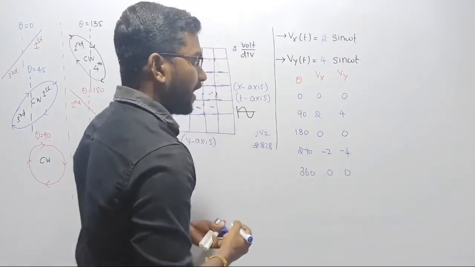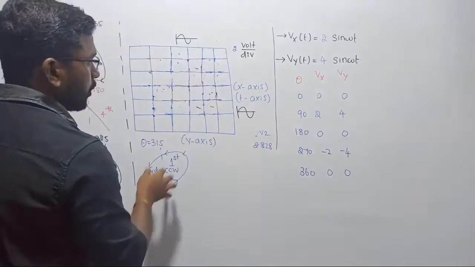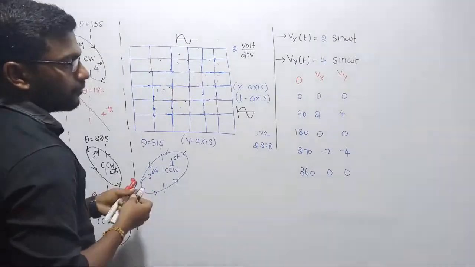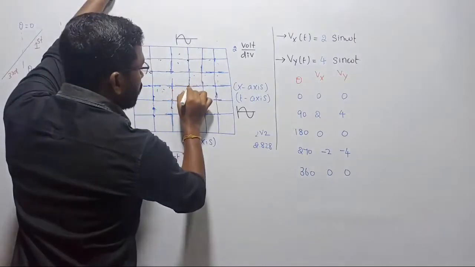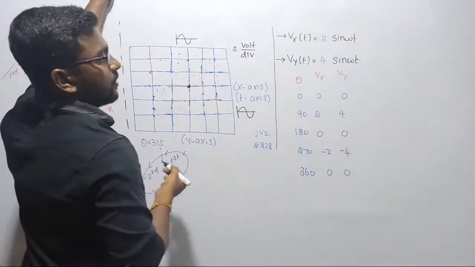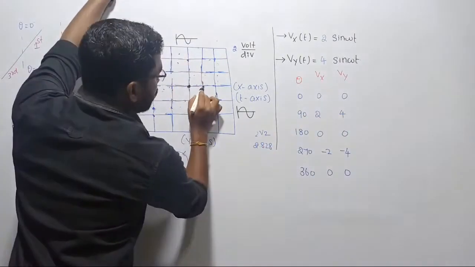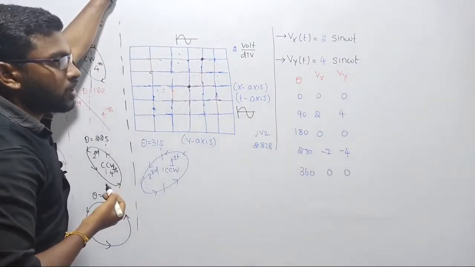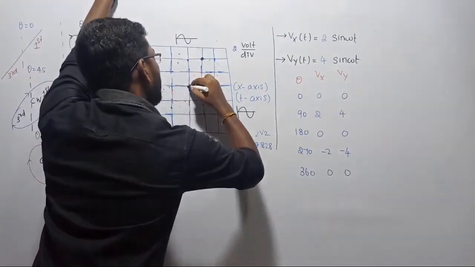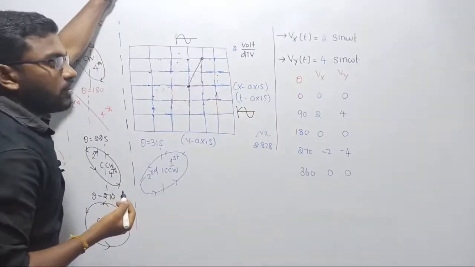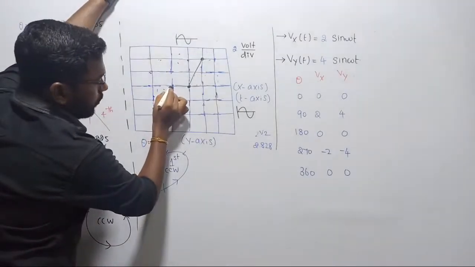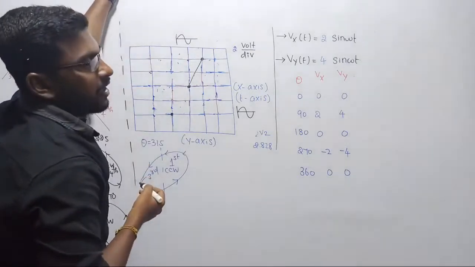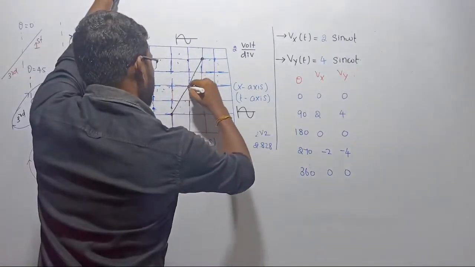Can you please plot the values on the screen? Let me do it and see what happens. First I get 0, 0, the first spot. Next I get 2, 4: the x-axis is 2 and the y-axis is 4. It will be placed at this position. Then 0, 0, coming back to the same point. Then again minus 2, minus 4, this point, and then we get back to the same point. So it will be joined like this.